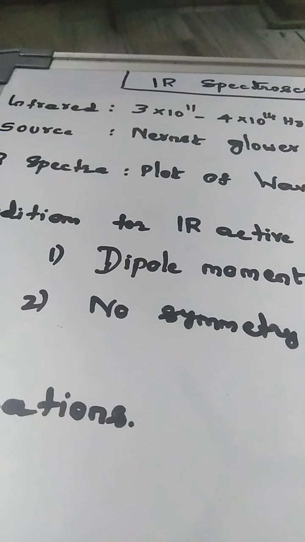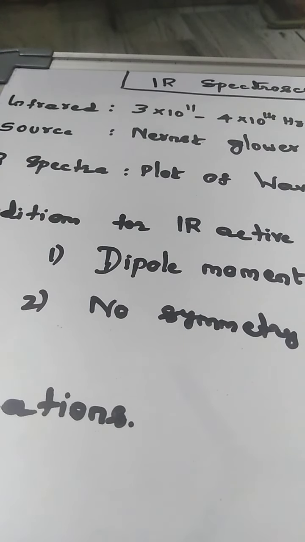Friends, welcome back. In this video, we are going to see about IR spectroscopy, which is the next spectroscopic technique in identifying organic compounds. In the earlier videos, we have seen what is meant by electromagnetic spectrum and how the first electromagnetic radiation, namely the radio waves, are useful in NMR technique.